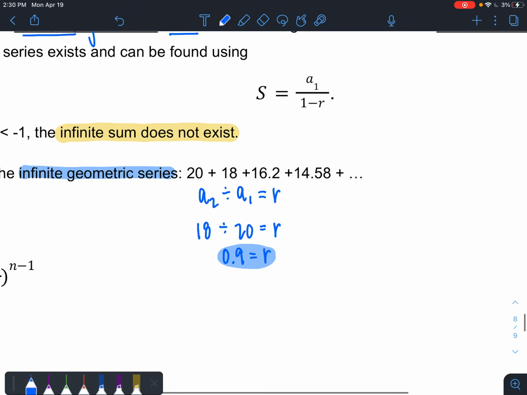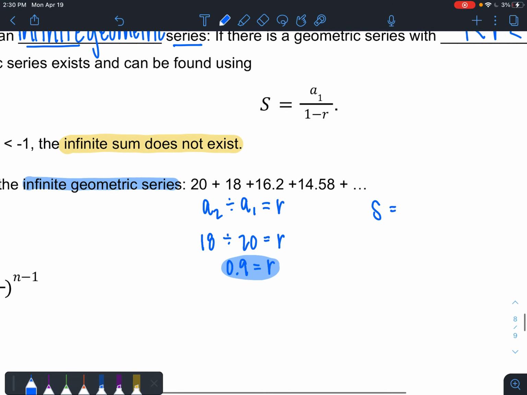Then I can plug that into my equation. S is equal to, we don't have a number here because it's infinite. So S equals my a sub 1 over 1 minus 0.9,